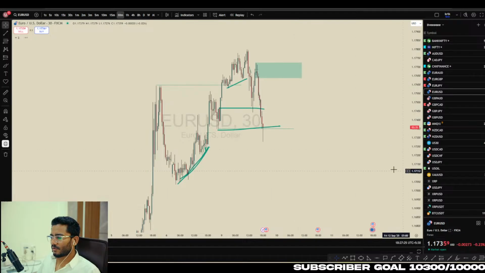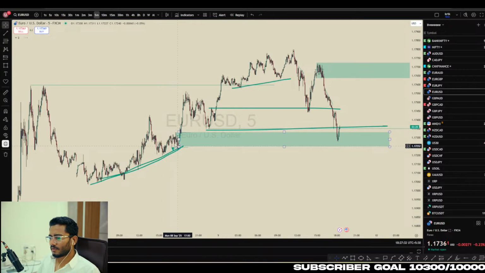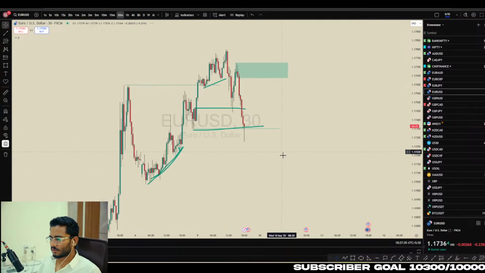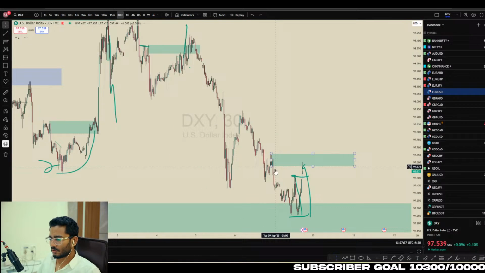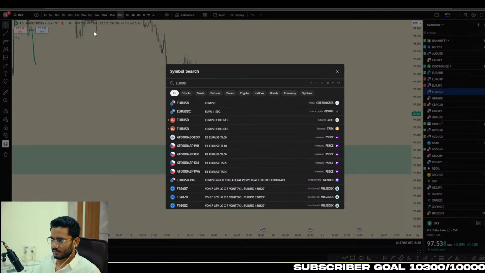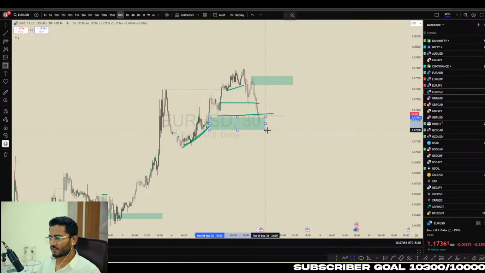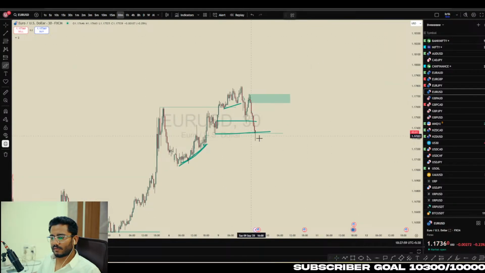EURUSD right now, there is an order block over here. You can look for buy side, but if you look at DXY, there is a problem over here. The problem is price has tapped this order block, and if it continues to downside, then we'll see a reaction from this order block. So you can look for a chop, then look for buy from here. But if this fails, if your buy fails,